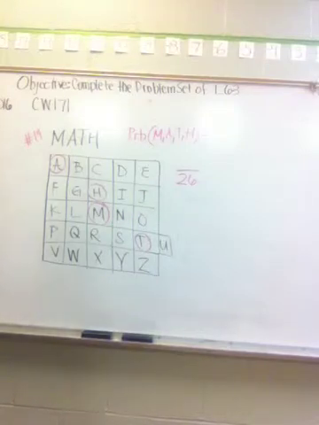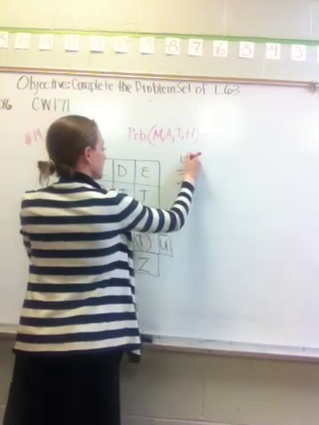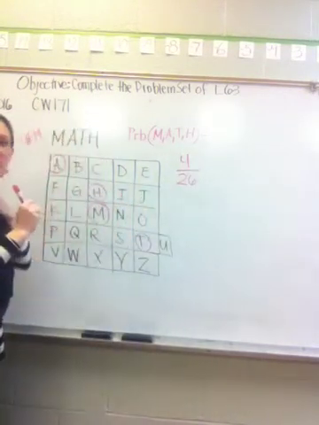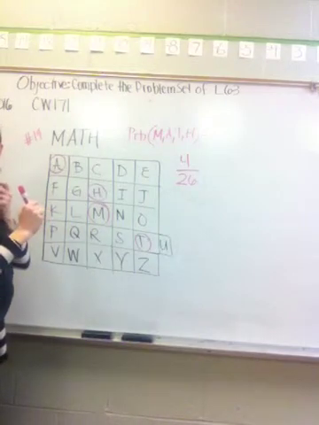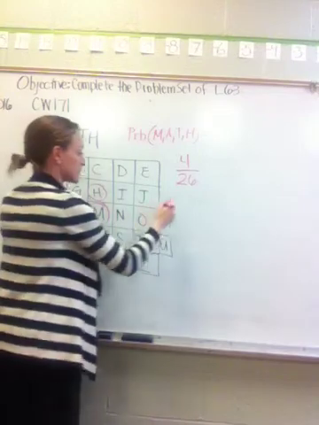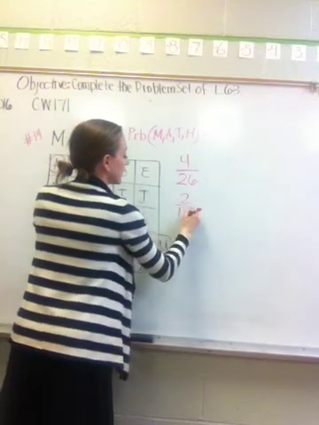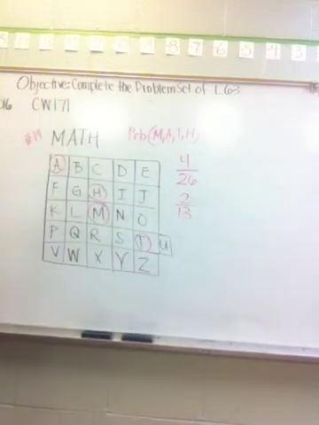Yeah, 4 out of 26. Can I reduce that? Yes, to what? 2 out of 13. Yes, good. I want to hear your thoughts. That doesn't really give me, I don't know, 2 out of 13 chances. So if I try it 13 times,